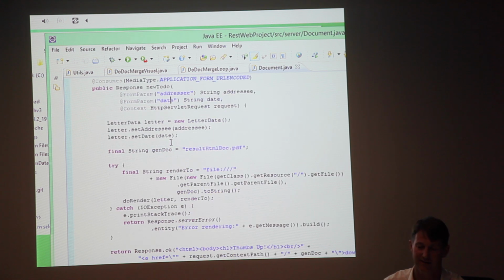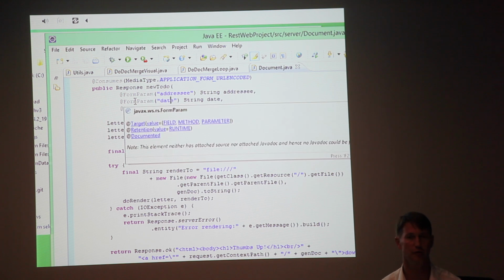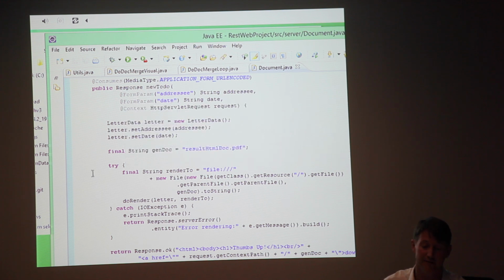This letter actually has an addressee and a date in it. And all these annotations just make it really easy to do all the binding, so you don't have to worry about anything other than annotating it. When you deploy it, all the plumbing's done. It's quite awesome. So we take these parameters in here, drop them into this letter data POJO, and then basically